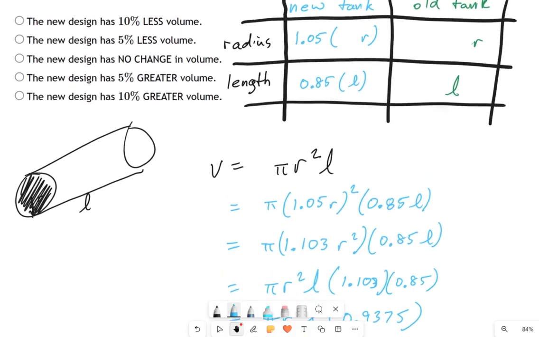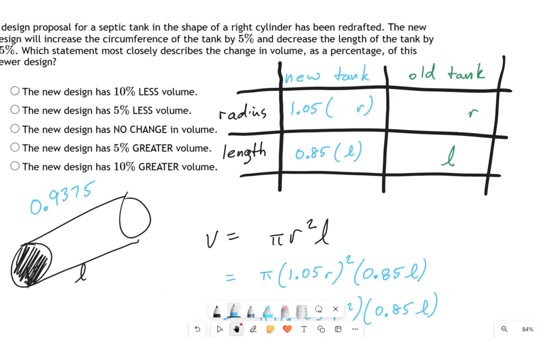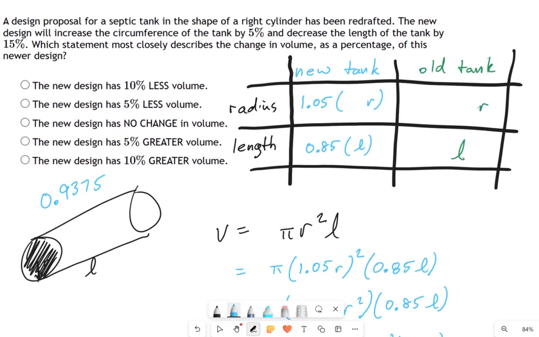Let's take that and compare it to the options that we have way in the upper left. Okay, so I have 0.9375. That's how much the volume has changed. In other words, it's dropped. It has not gotten bigger. Okay, so we can rule out all these things where it got bigger. It's dropped. Well, how much did it drop by? 5% or 10%? Which do you think this number that we have is closest to? 0.95 or 0.9? Well, I think 0.95 is the winner. It's not exactly right, but it's the closest we have to our answer.